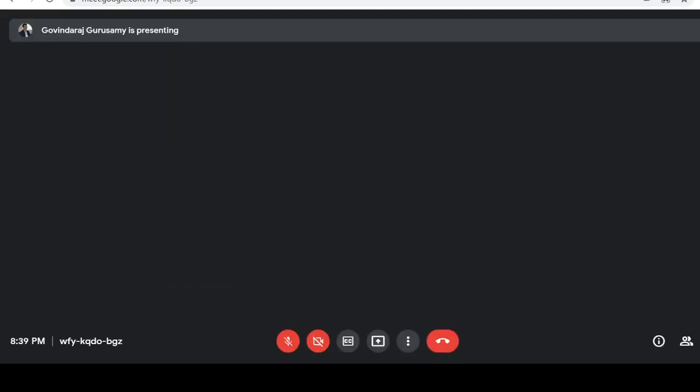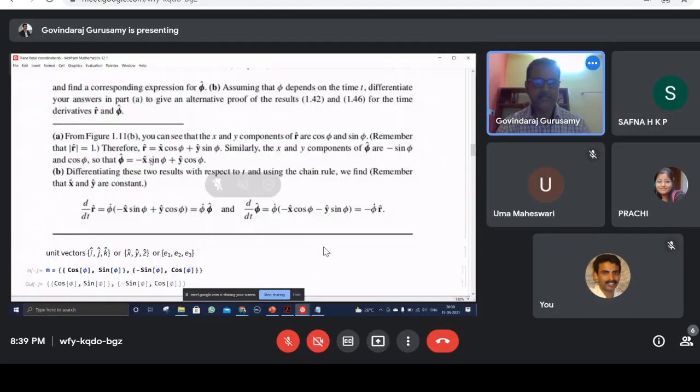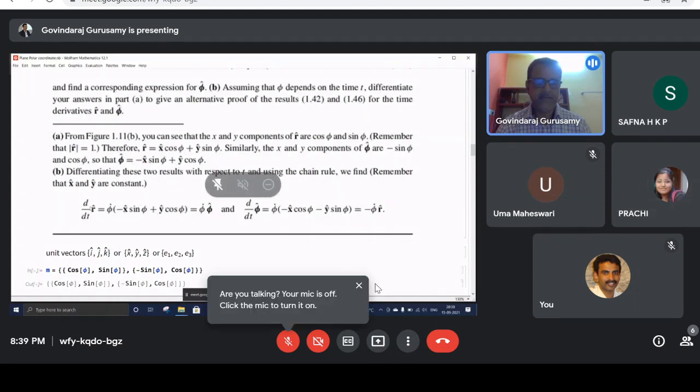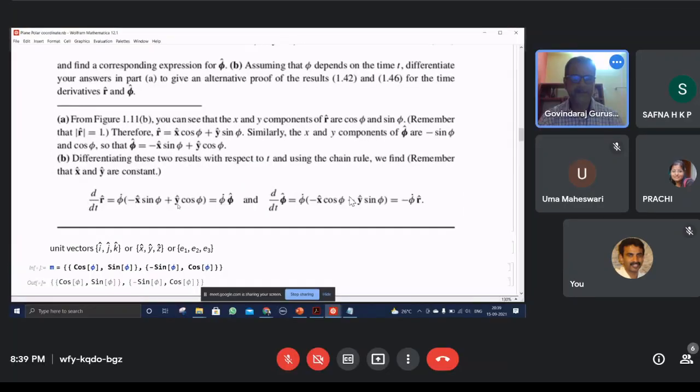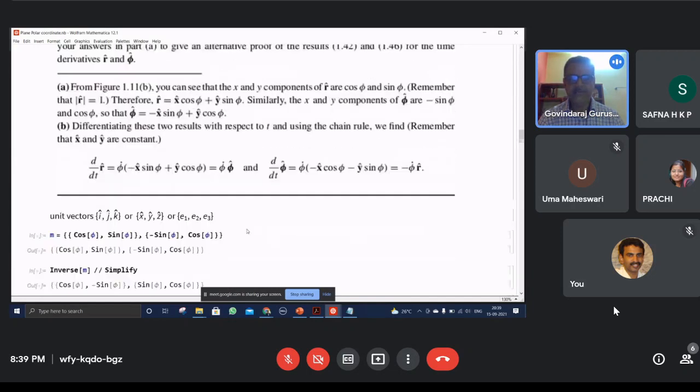Cos, same thing here, cos becoming sine, sine becoming cos. That's what happened. And the derivative of d r cap by dt is equal to phi dot phi cap. This is your phi cap. Similarly, take the phi cap derivative. Again, you find there's going to be a phi dot with a minus sign with an r cap. That's also happening, which means you find that phi is varying with the